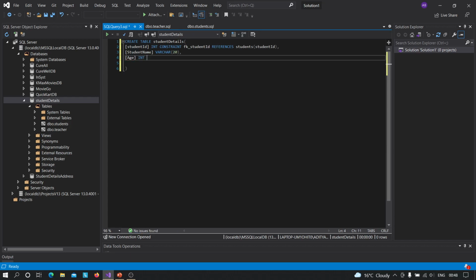So for a type integer, I can do one thing, that it is a constraint first of all. So I have to type here constraint and make sure to give it a nickname, so that tomorrow I can understand, okay, these are student age check constraints.